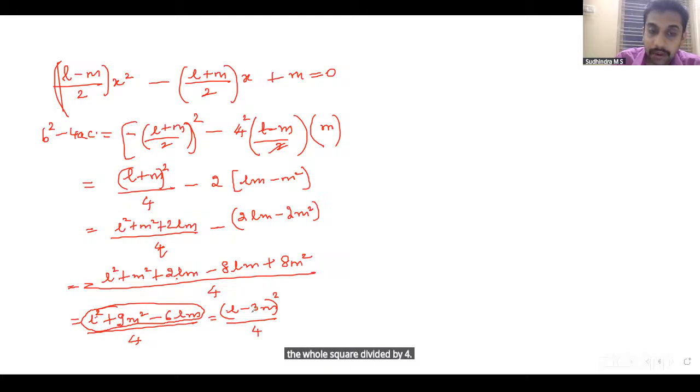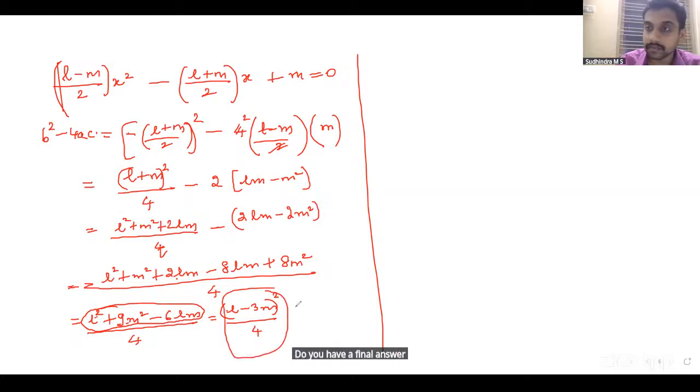L square plus 9m square minus 2 into 3, 6Lm. Correct? So, is this the final answer? No, sir. That is b square minus 4ac, correct? So, minus b, minus of minus L plus m by 2, plus or minus root of